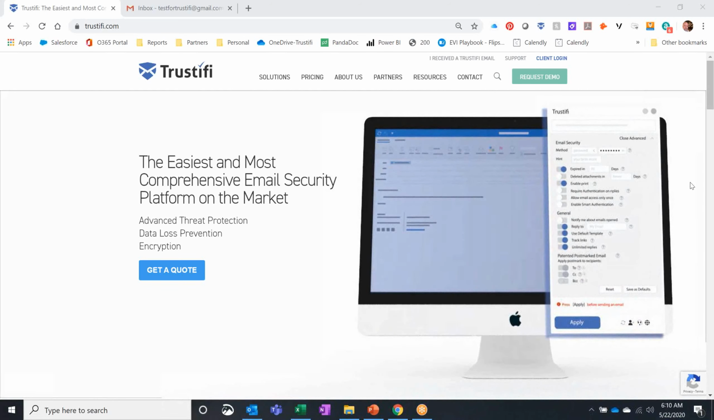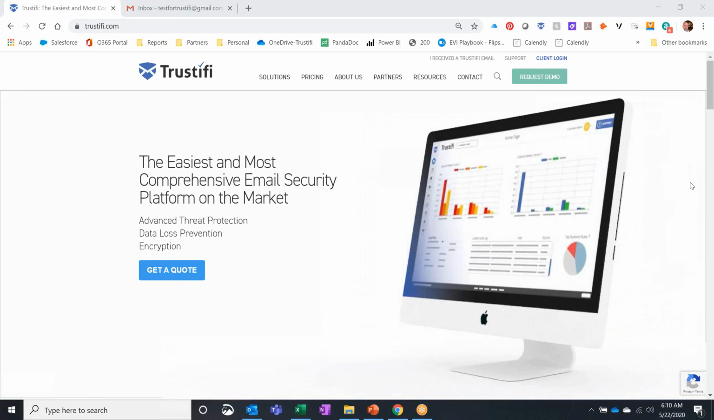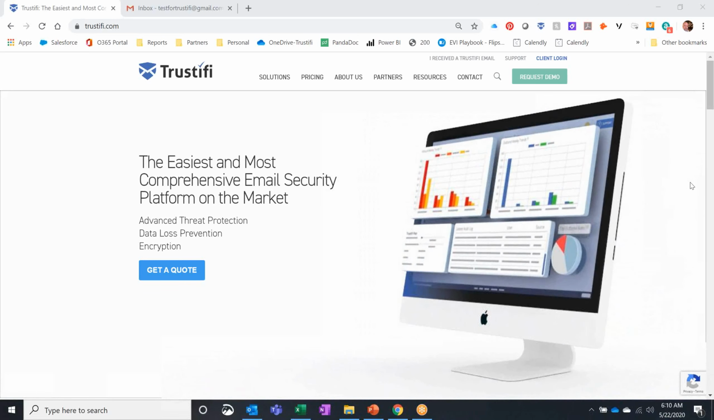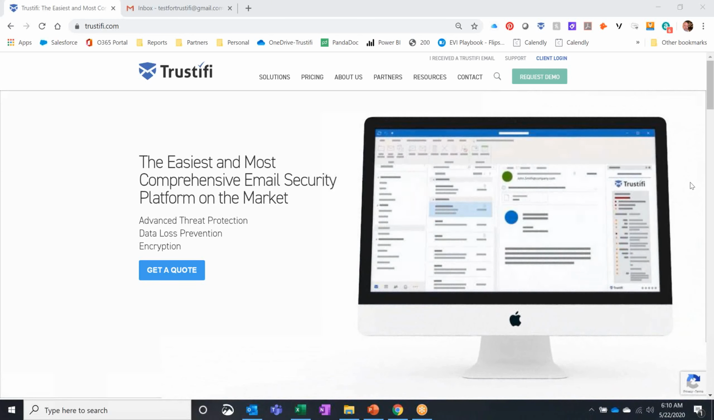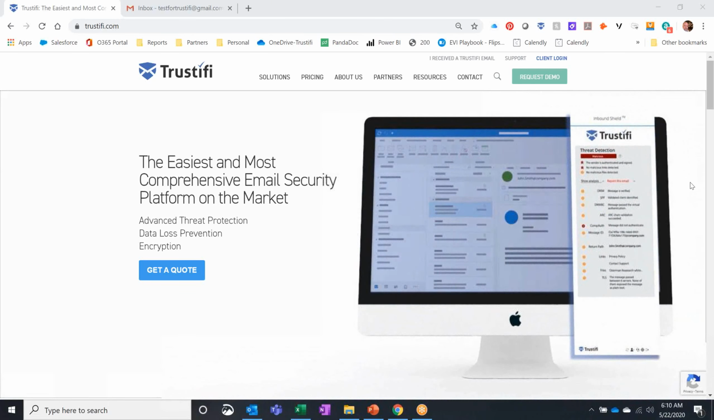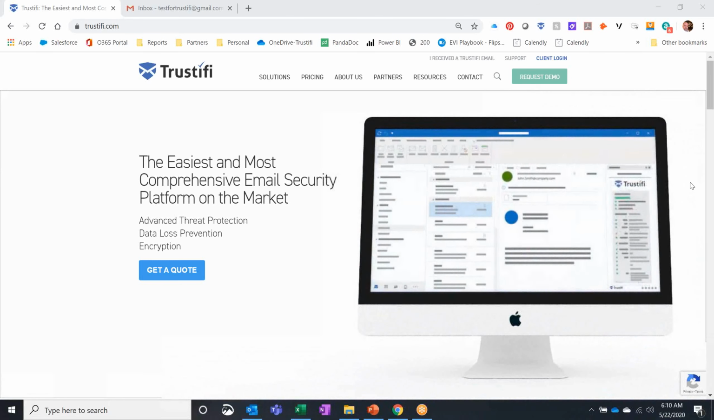Works great with Office 365, with Exchange on-prem, Exchange in the cloud, as well as Gmail. Works on Macs, works on PCs. A great all-around product. But let's go ahead and get going, and I'll let you see for yourself how awesome